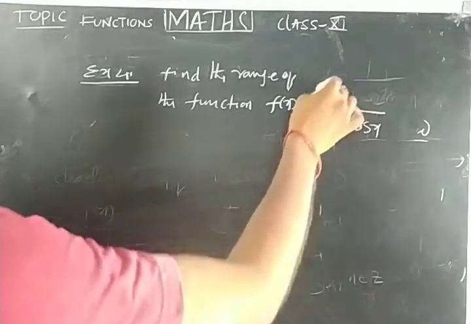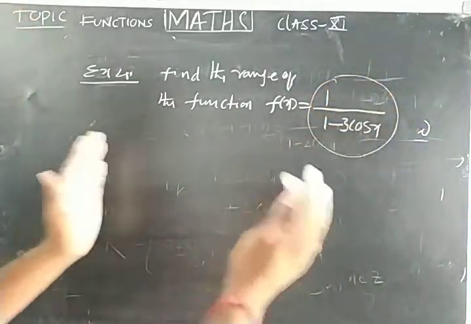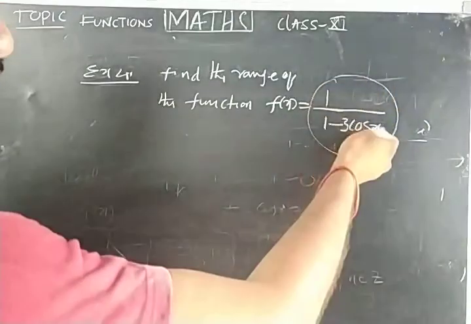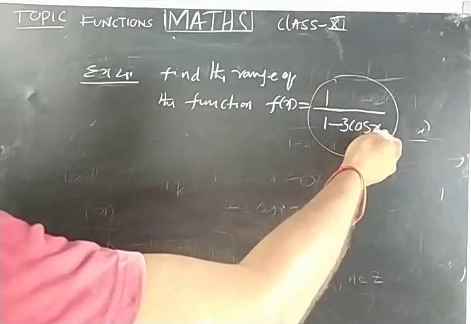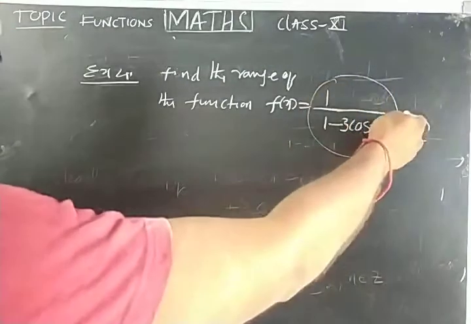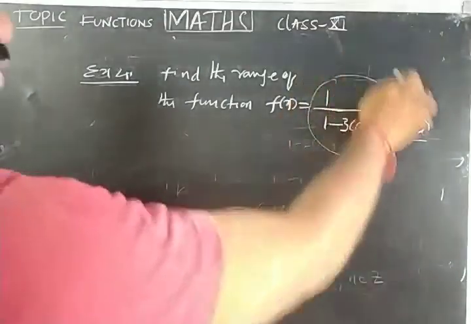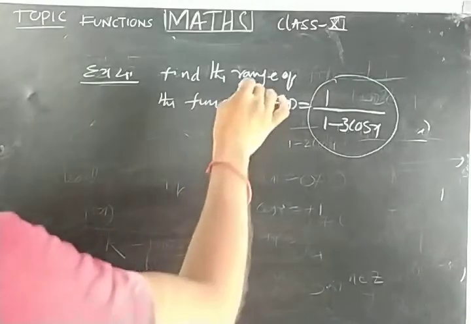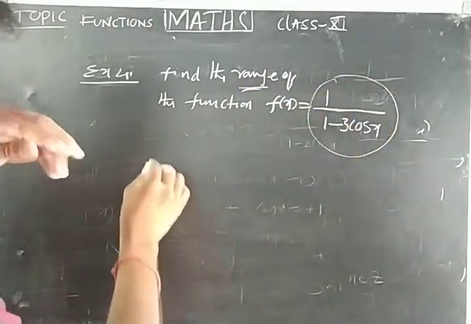Range of the function means this total value lies between which values. Why? Because this is the image, no? F of x equal to, by substituting x values from the domain, you will get some value, no? That is the images. So this total quantity lies between which values, we are going to find. We are finding the range of this total function. Solution.